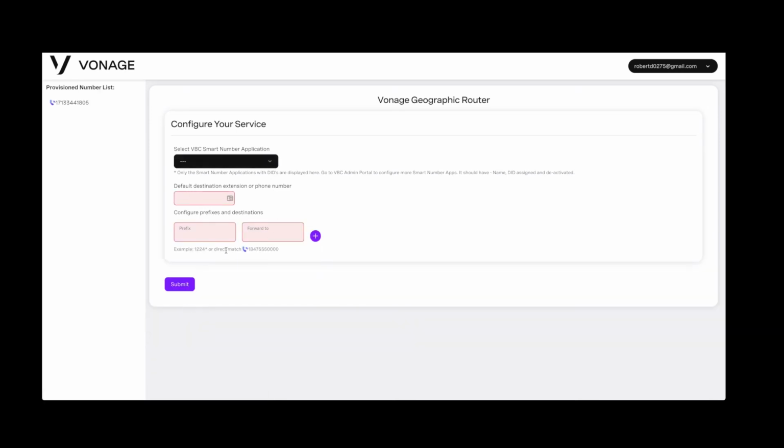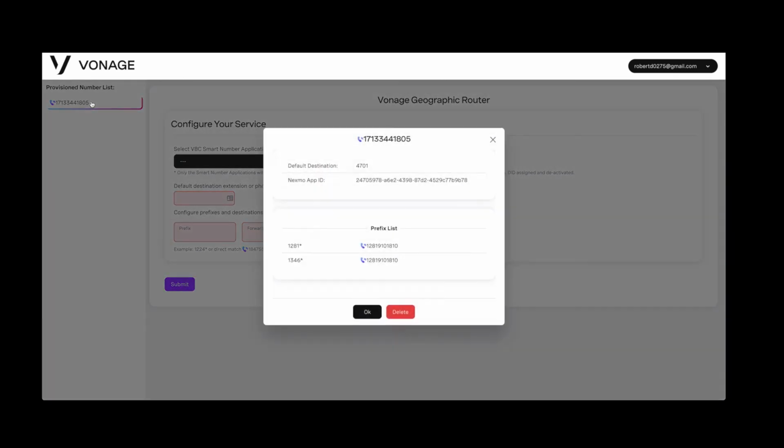It will reset the form, however, you notice in the upper left-hand corner that it does have a rule configured. Once the rule is configured and the smart number is active, if you try to enter any additional information into the form, it will give you an error letting you know the smart number is in use. Click on the button to see your configured rule along with its app ID, the telephone number to test against, and what prefixes and phone numbers they are routing to.